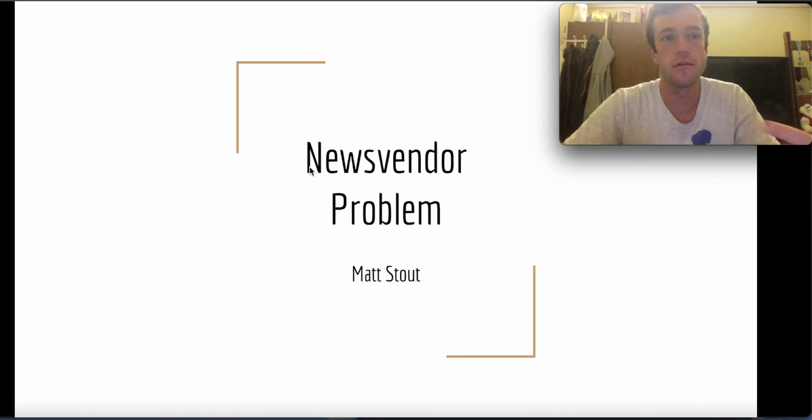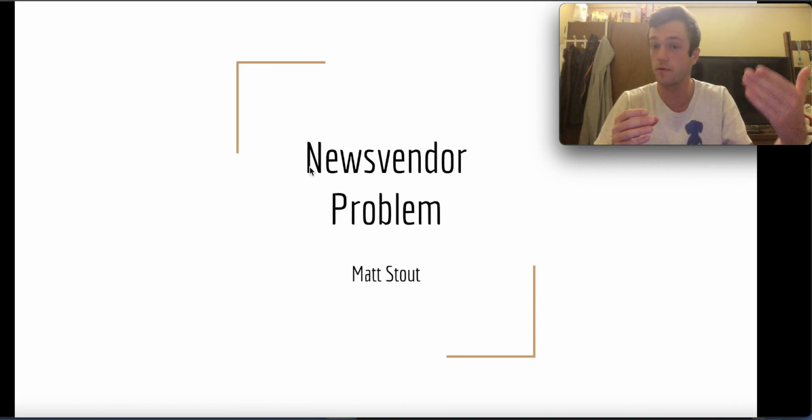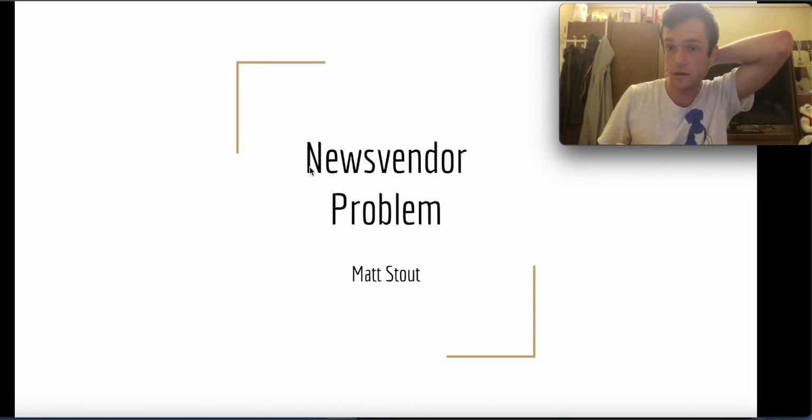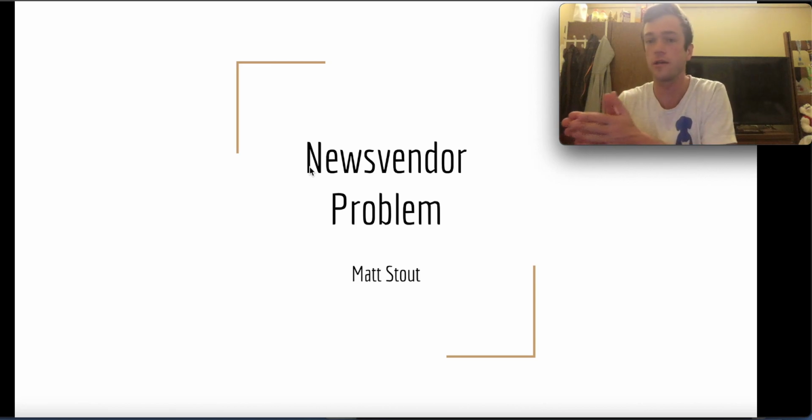It's kind of the first major problem that we've addressed, a classic problem that is repeated in a lot of different places. But the news vendor problem is relatively simple, with one key metric that we're going to end up looking into, called the news vendor ratio, which is essentially how much of a quantity you want to buy. So first, let's look at